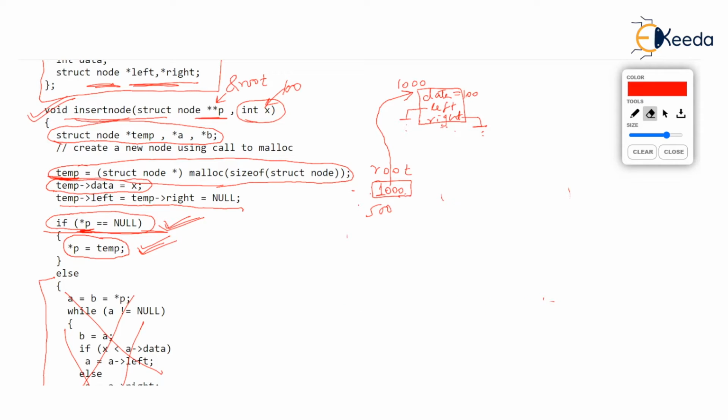Oh, look at the binary tree that we are having. Just drawing it separately, it stores 100, whose left is null, observe, whose right is null, and there is a root pointer which is pointing to the topmost node. Just check the diagram above. Wonderful, isn't it? We have got a binary tree containing only one node. Okay. Now what happens if we call insert node repeatedly?